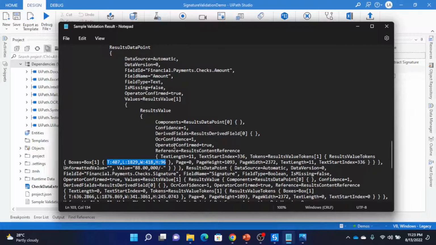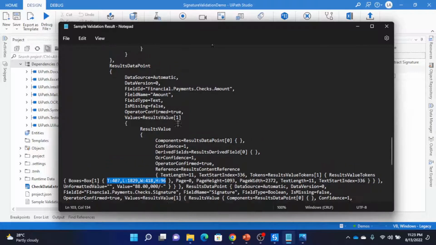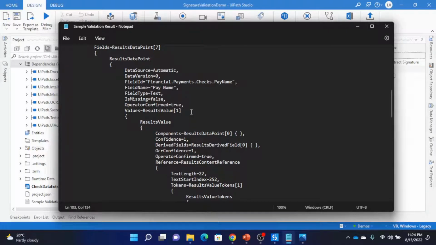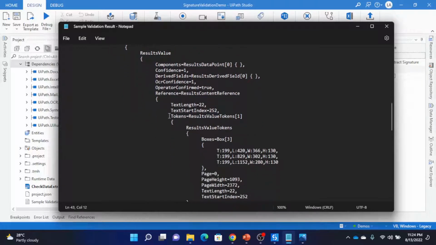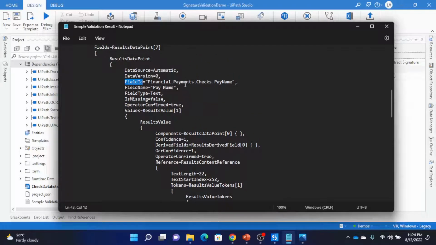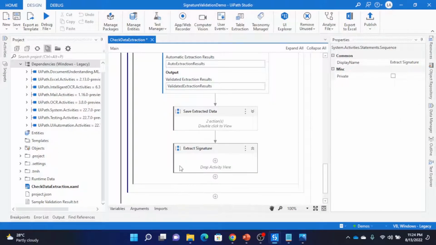So these are the things we need to remember when trying to do this, because we need to navigate through this to locate our fields. So we'll be locating the field using the field ID, and we'll be using these boxes to identify the area and try to crop and get the image, the signature. So we'll be needing to look for this signature field. So that's the first step now. So first we need to find this field. So let's try it. So inside the extract signature,